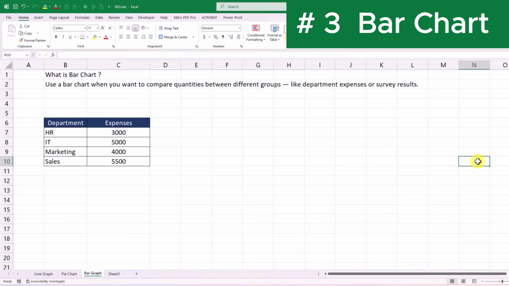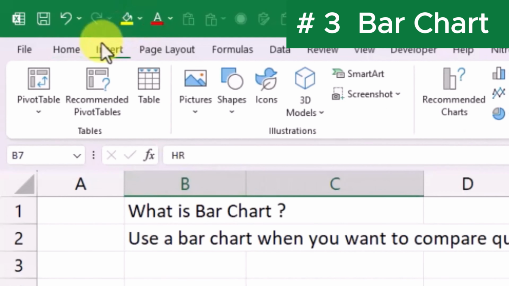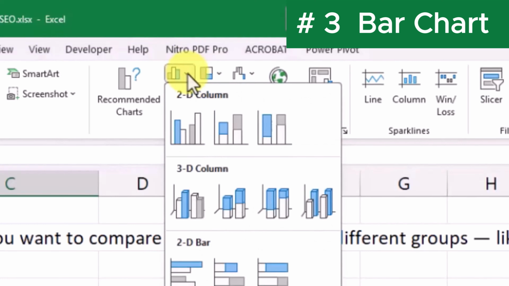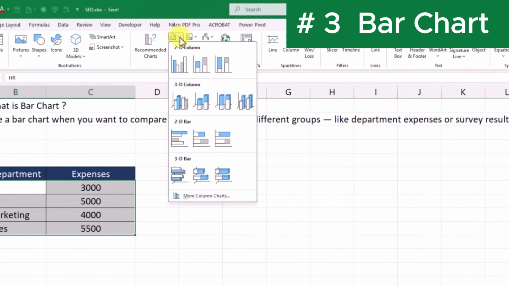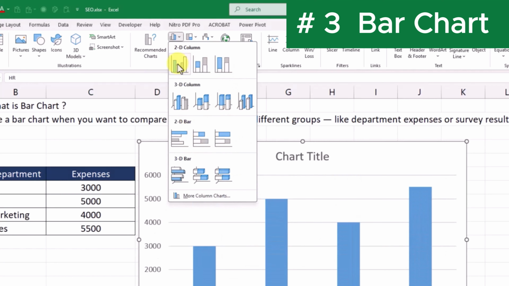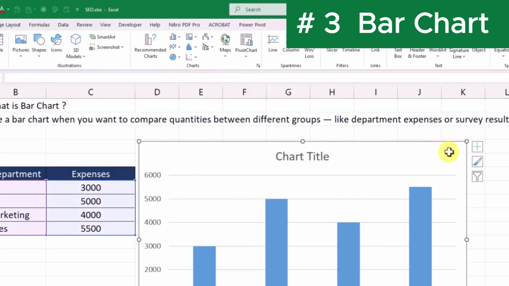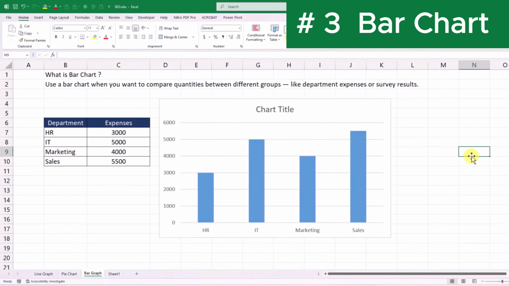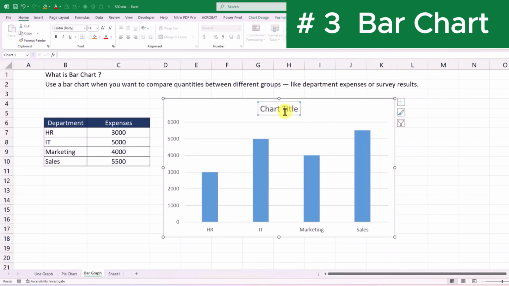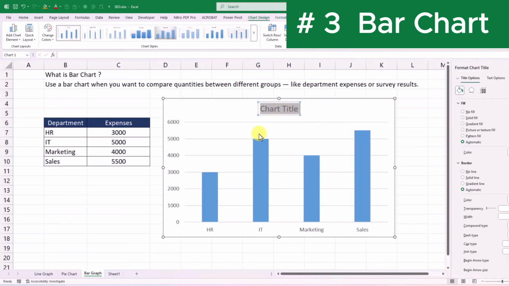To bring the bar chart, we will select our data, go to the Insert tab. Here we will click on this option, Insert Column or Bar Chart. As you can see, you have a lot of different options. These are all as per your need. We will go with the first one, which is the simplest one. We will click on this, and now you can see that with very few clicks your data is converted into charts. You can further modify it, change the title,